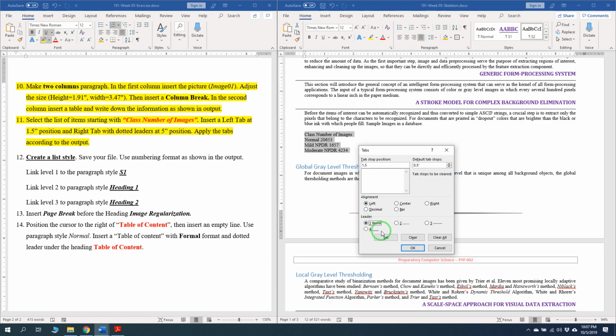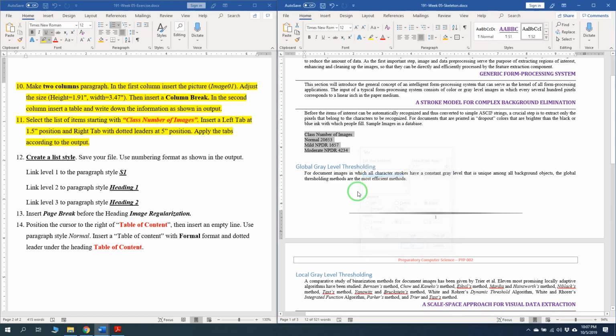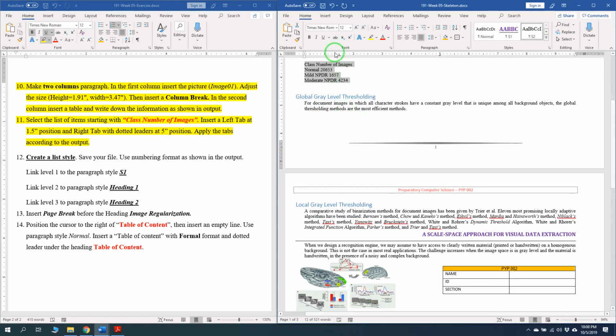So we select none and click set. Now we'll make another right tab with dotted leader at 5 inch. So let us write 5, and we select the alignment right and we select the dots here and click set. So we have 2 tabs here. Now we click OK. Now you can see in the ruler, at 1.5 inch and 5 inch, there are 2 tabs